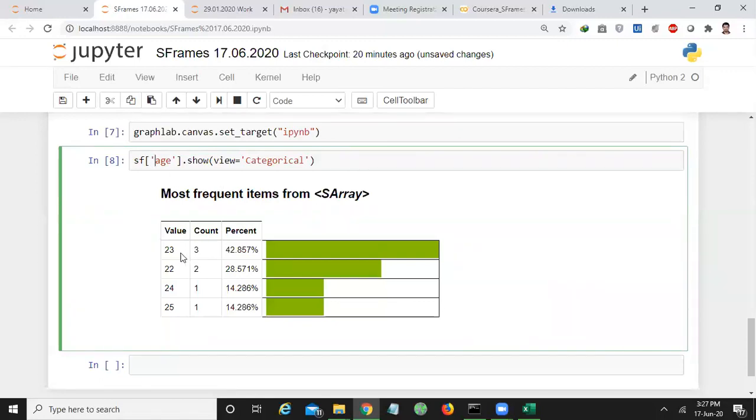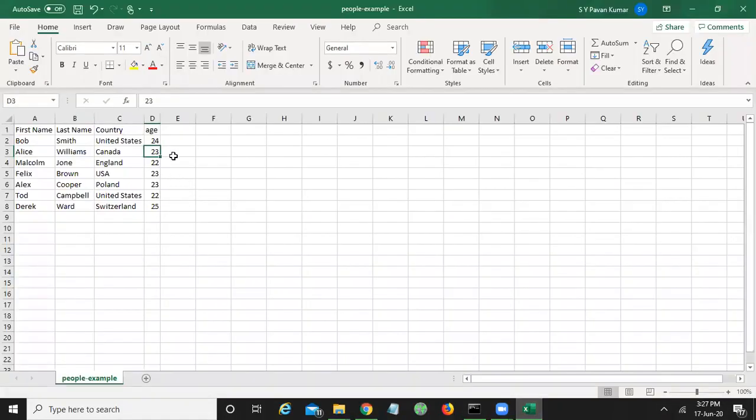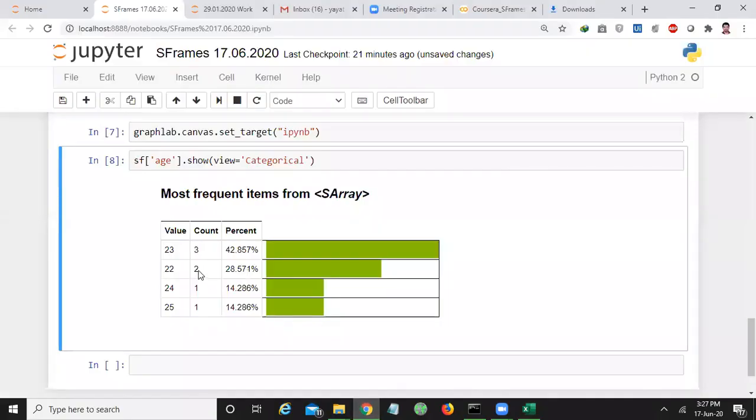It says that if you consider 23, we have three values. That means you can see there are three examples with 23, 1, 2, and 3. Similarly, 22 we have two examples, and one example each for 24 and 25. And what is the percentage of distribution in the entire data set?